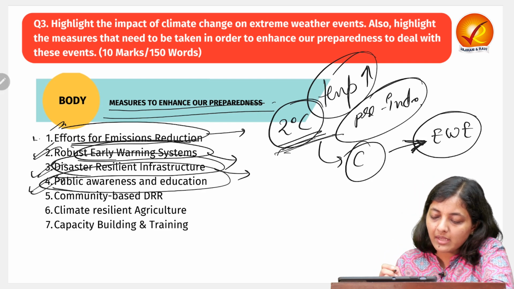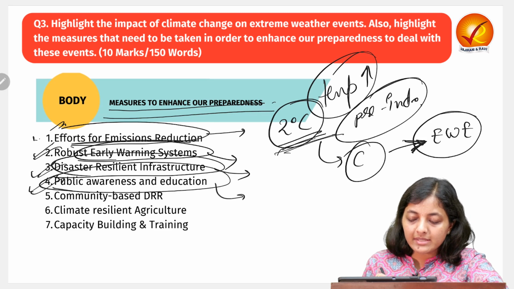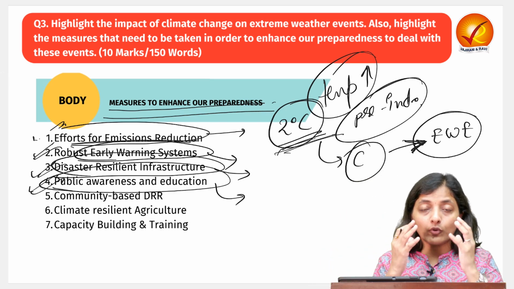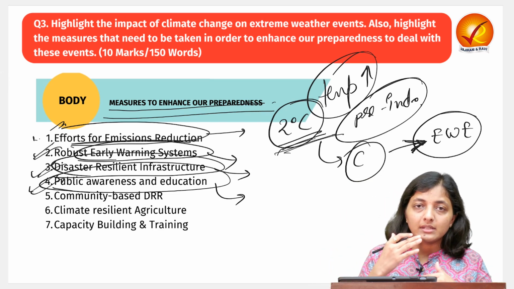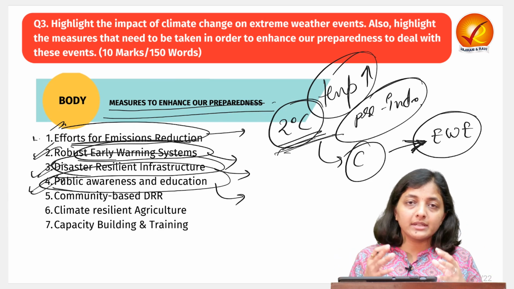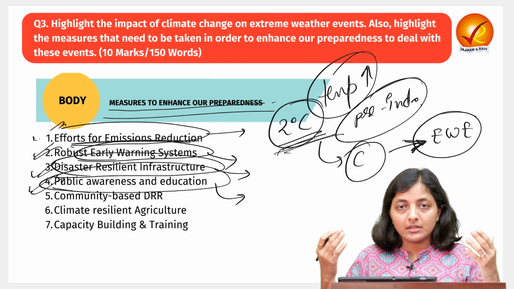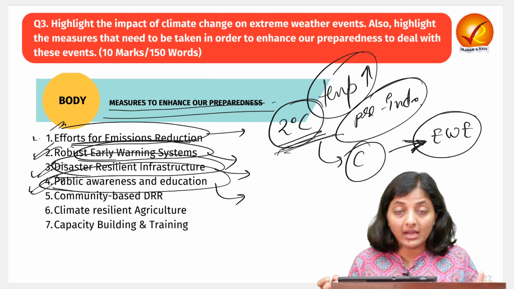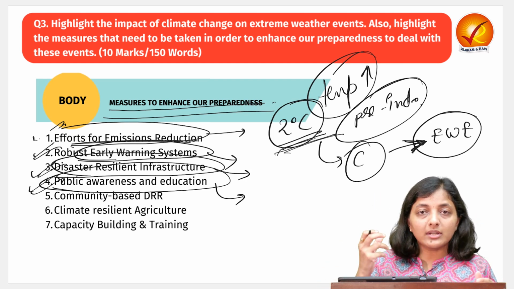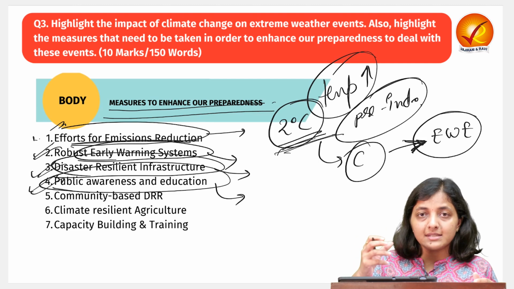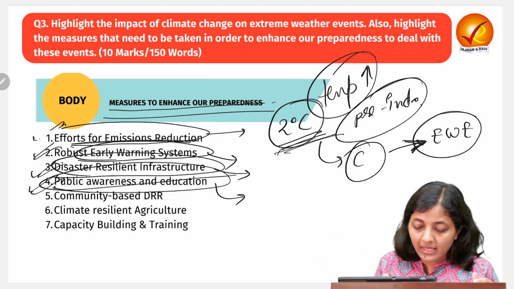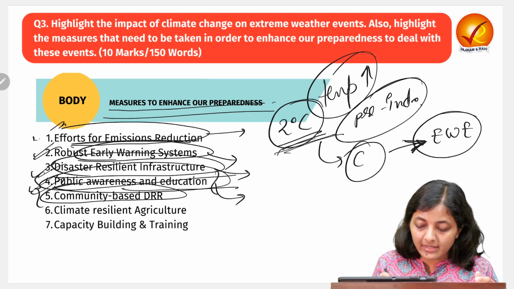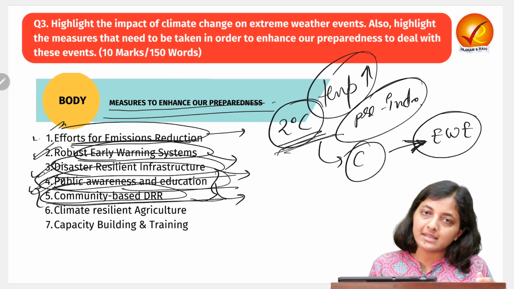Next comes public awareness and education. Public awareness and education should be boosted, so that the local community is aware of the circumstances, of how to take disaster risk management, and how to manage ourselves and the situations during the disaster, and after the disaster, and before the disaster also. If the local community is aware of hazard management, they can take part in community based disaster risk reduction. So public awareness and education goes hand in hand with disaster risk reduction.